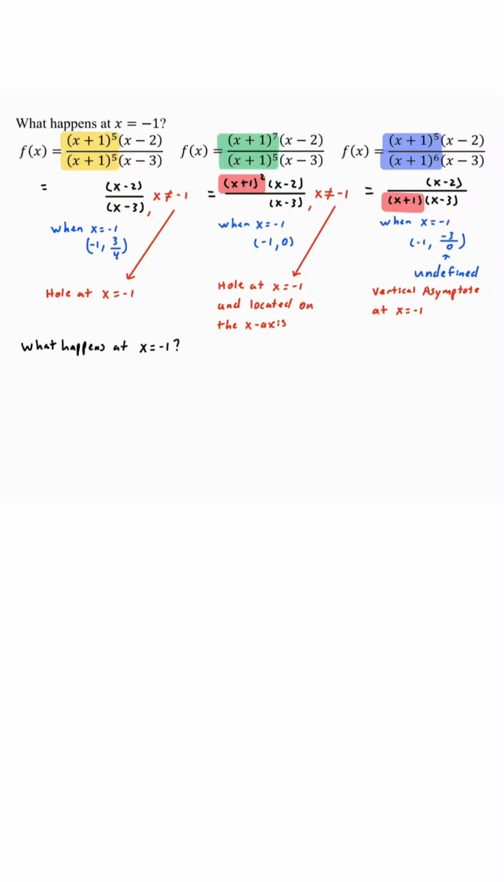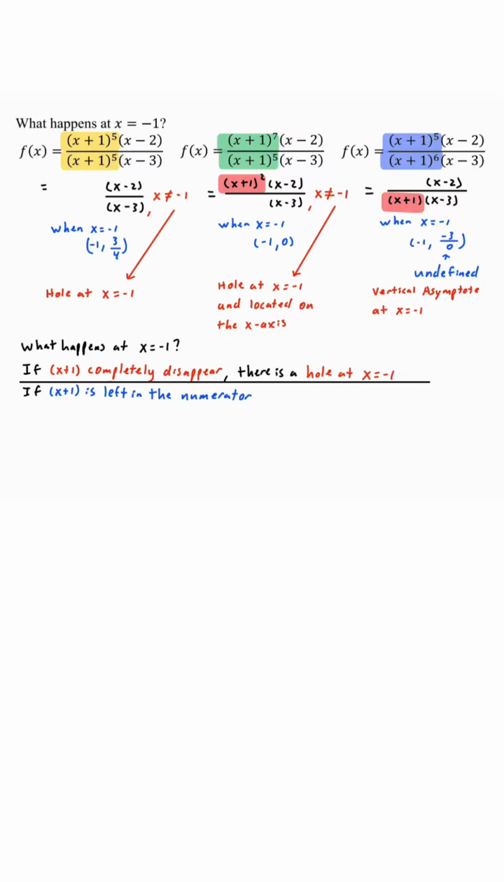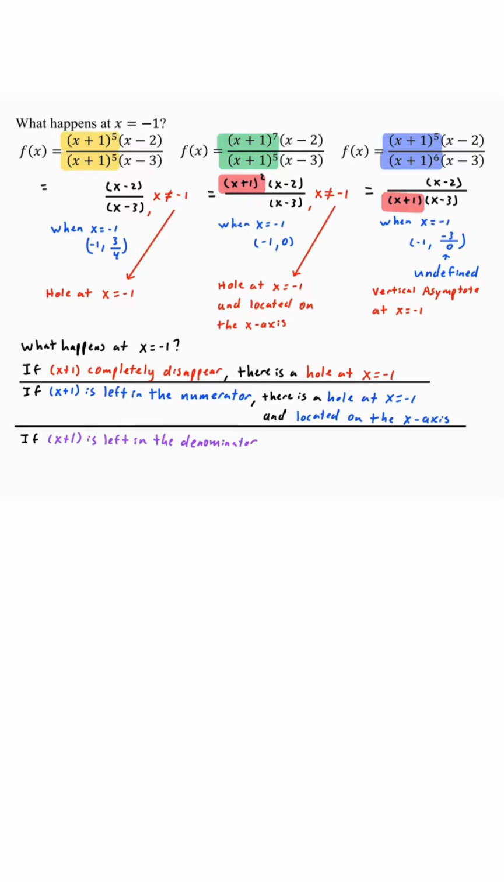So recap, what happens at x equals -1? If x plus 1 completely disappears, then there's a hole at x equals -1. If x plus 1 is left in the numerator, then there's a hole located at x equals -1, but also located on the x-axis. Last one, if x plus 1 is left in the denominator, then there's a vertical asymptote